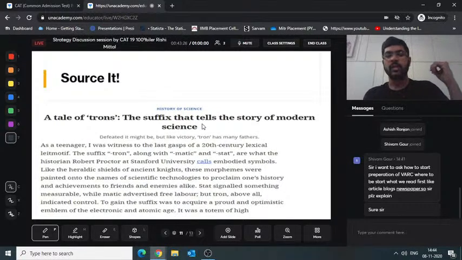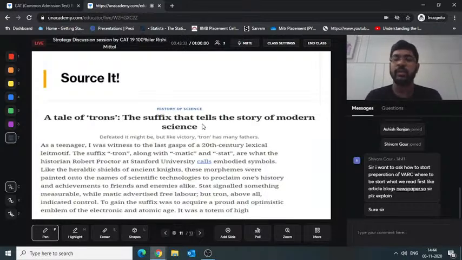Okay. Then what you do is, as I've mentioned and as I've discussed in my previous sessions as well, VRC, like the other two sections, is about how good you analyze it and not just how many questions you attempt. So for analysis, try to make yourself an expert in option elimination techniques. Right. So once you've attempted those mocks, these sections, these questions, just sit and give time to yourself as to why any option is wrong instead of reasoning why your option is correct.